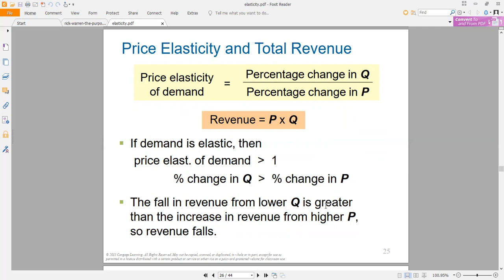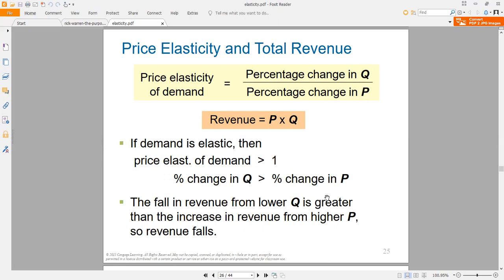Now, you've increased price from 200 to 250. The increase in price is causing an increase in revenue, but the reduction in quantity is causing a reduction in revenue. And for elastic demand, the percentage change in quantity is greater than the percentage change in price, which means that the fall in revenue as a result of the lower Q will be greater than the increase in revenue as a result of the